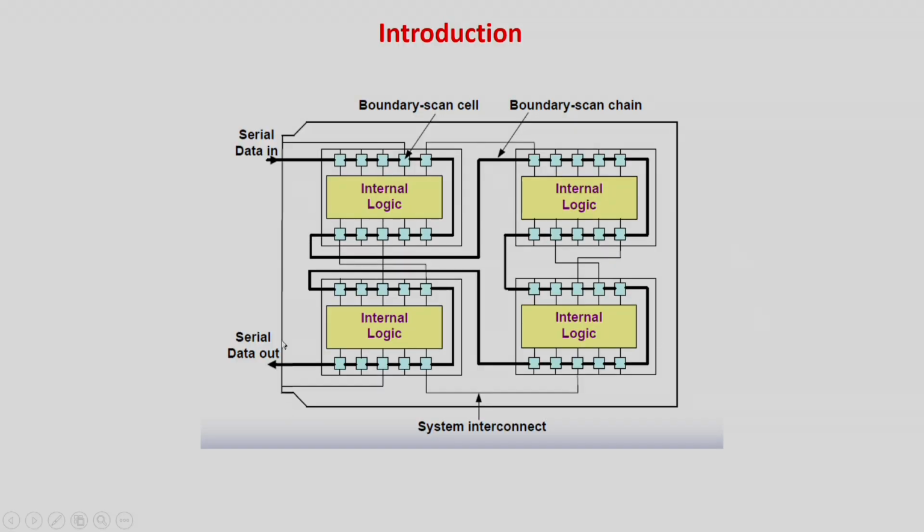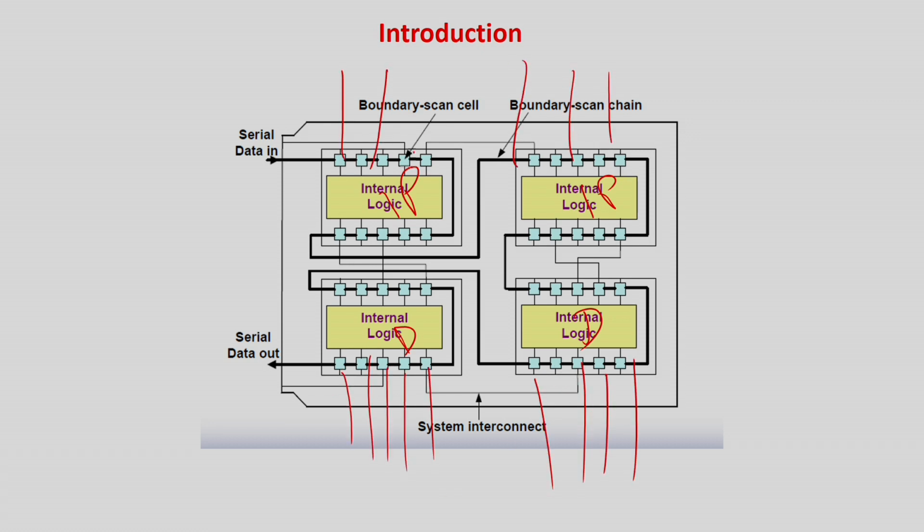So there may be 4 internal logic blocks. Maybe I have designed this and this, and this one is actually IP and this one is IP. Now how do I apply test patterns? Because the number of input outputs may be very few. Maybe these are the IOs, but these are some of the internal pins which are not directly accessible, because they are 4 IP cores and these are internal lines. So there should be some mechanism so that I can apply the required test vectors to these pins also. So in embedded system based IP core testing, the main challenge is accessing these internal pins or internal IOs of the cores which are not accessible to the outside world.